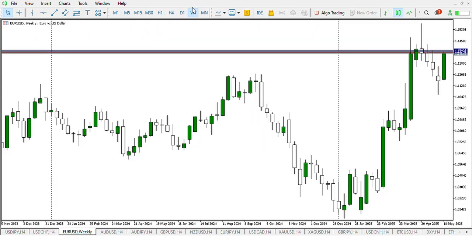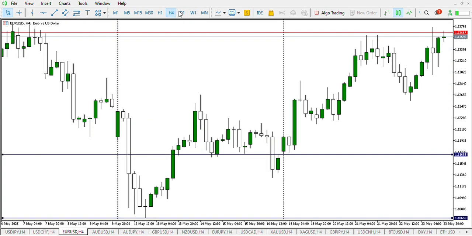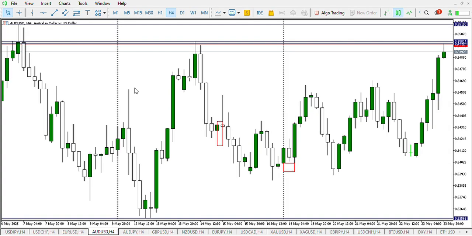Right here on Euro USD, price is in a very strong uptrend, and we have this key support area right here. And you can see last week price formed another strong support. We'll go to the 4 hours to have a closer look. So we have one right here and one right here. You can see price has been creating higher highs, lower highs, and higher highs. On AUD USD,